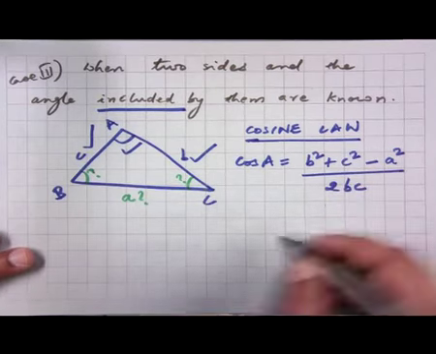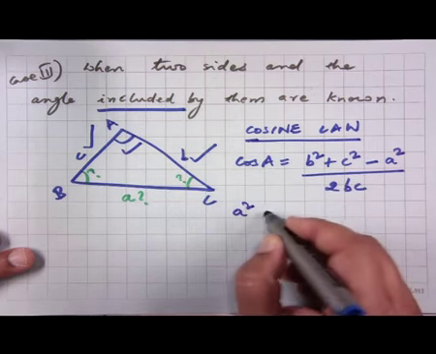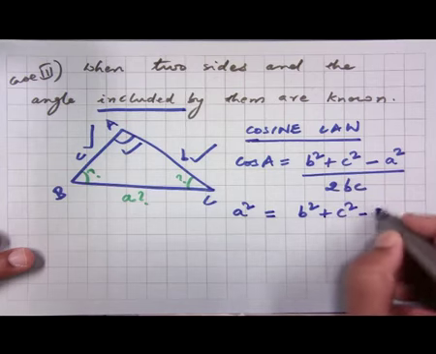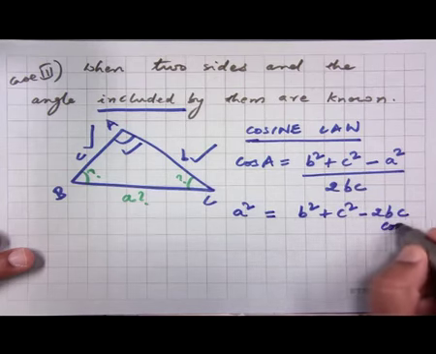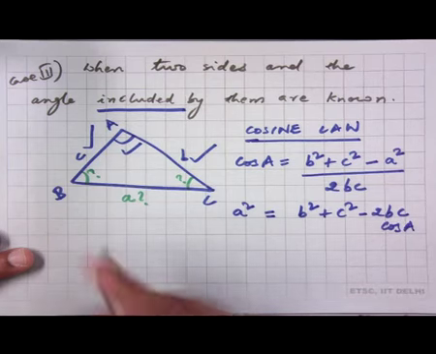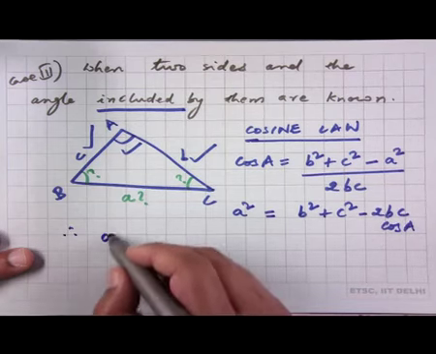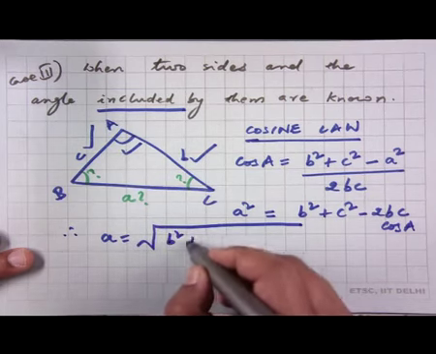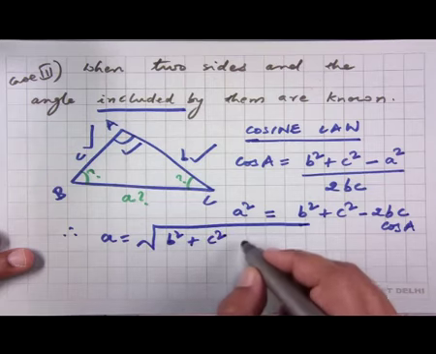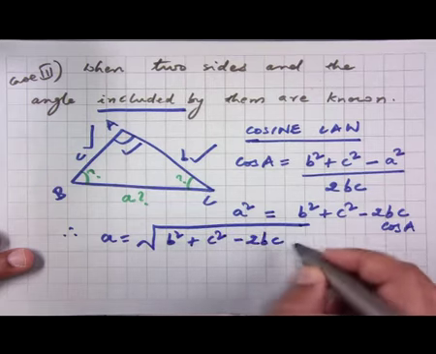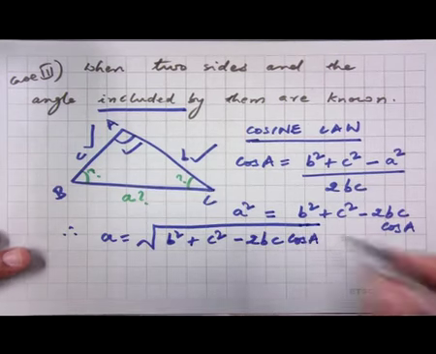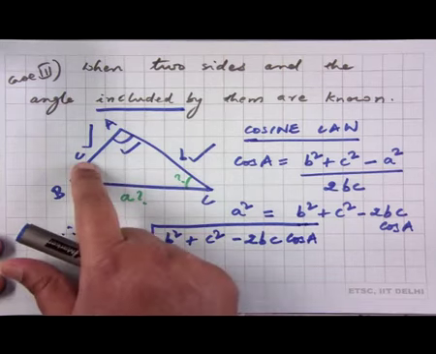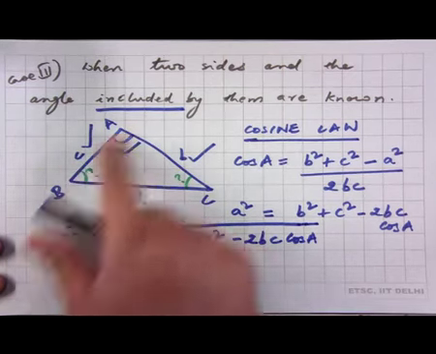If we do some manipulation, we will see that a square is equal to b square plus c square minus 2bc cos A, and therefore a is equal to the positive square root of b square plus c square minus 2bc cos A. So, once we know a, since we already know b and c, now we know all the three sides,